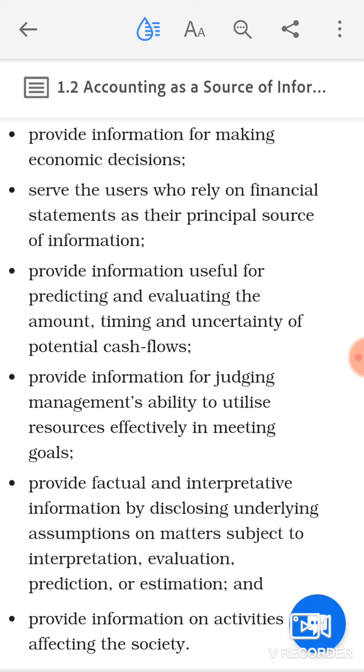With the help of accounting information, it will be helpful for you to make a judgment about the management's ability. It means whatever policies have been formulated by the management, are they worth it for the business? Does the business earn profit out of those policies or not? Have the resources been utilized effectively by the management so that they will be able to achieve the goals of the organization, or does that help in the achievement of the organization's goals or not? So you will come to know about that.